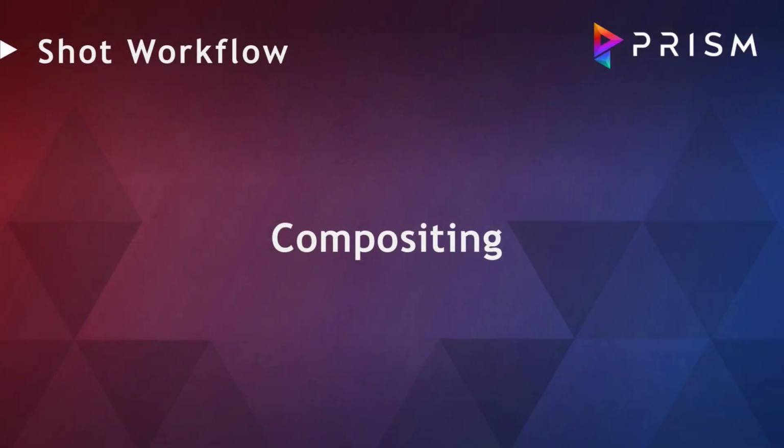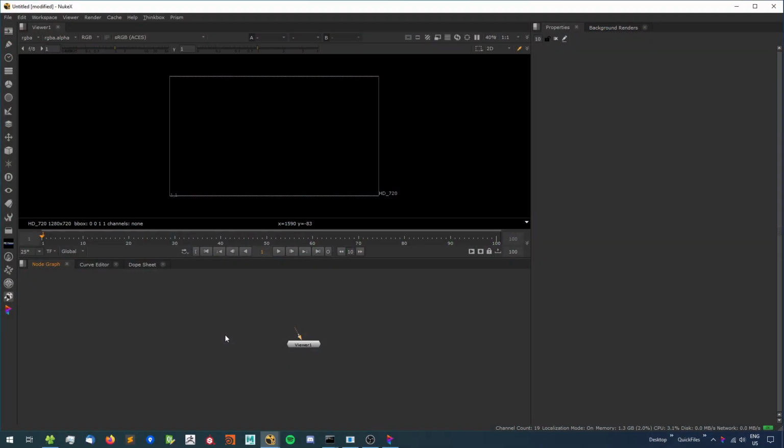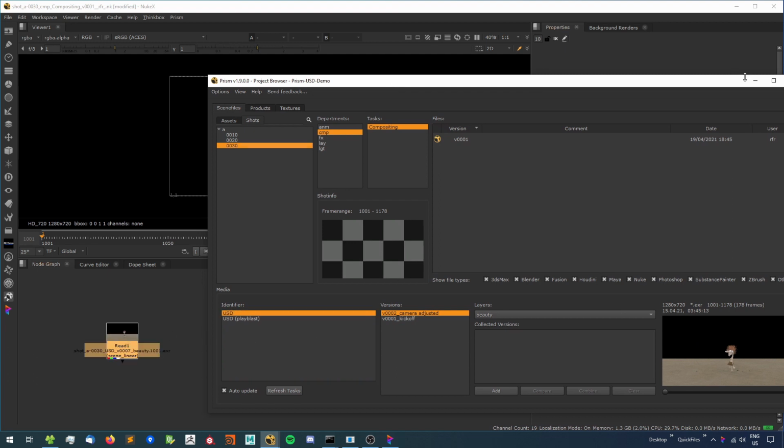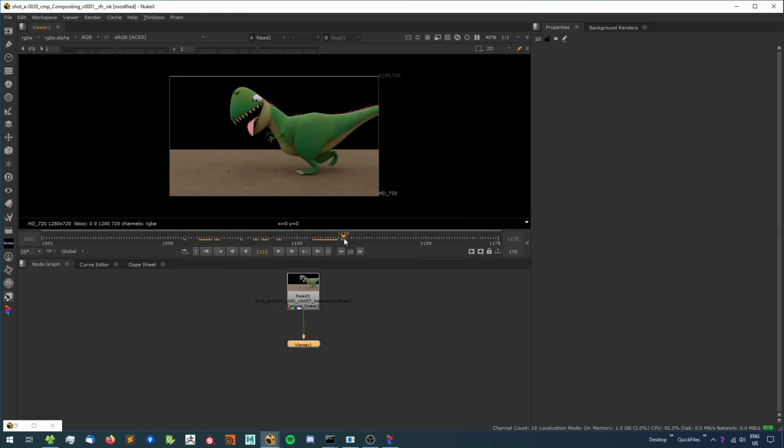We rendered out our final shot, and now we only want to do a little bit of color correction in Nuke. Let's see if USD can help us with that. First, we create a compositing department on our shot, and then save our scene as a new version. Next, we can drag and drop our render into Nuke. Here we can see our animation playing, and now we want to do a little bit of color correction on our